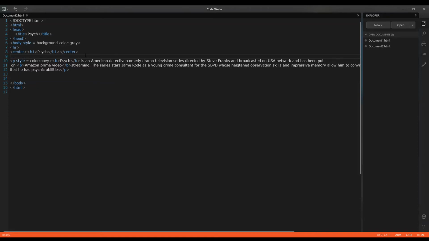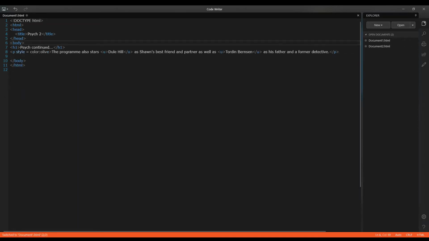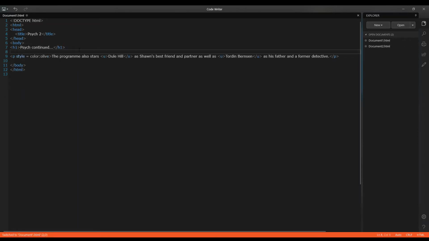So now I have typed HR before the heading and HR after the heading. Once we open the document in the browser, you will see the difference. In the other document, let me just have it after the heading to show you the difference, like how you can add lines the way you want.